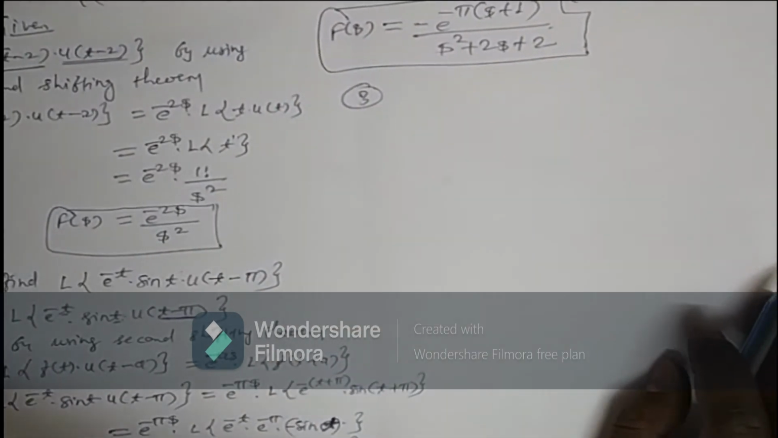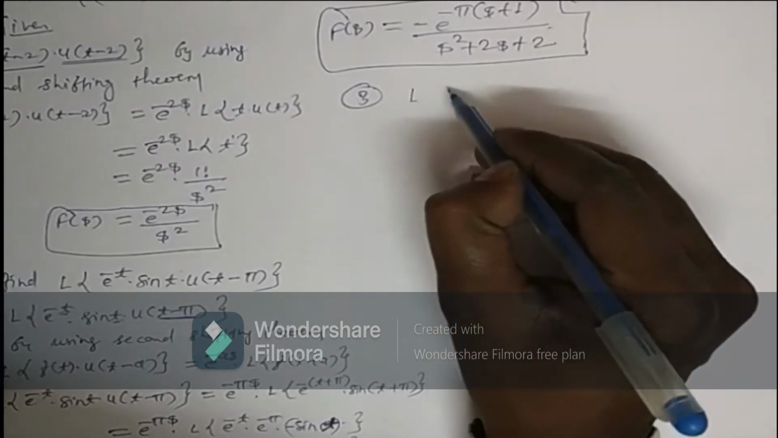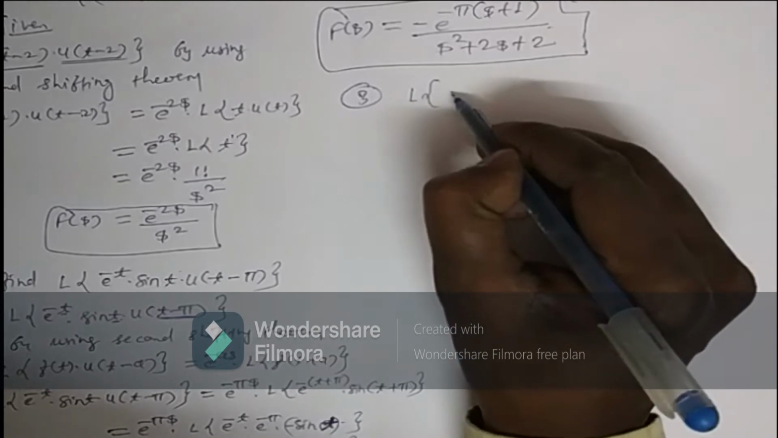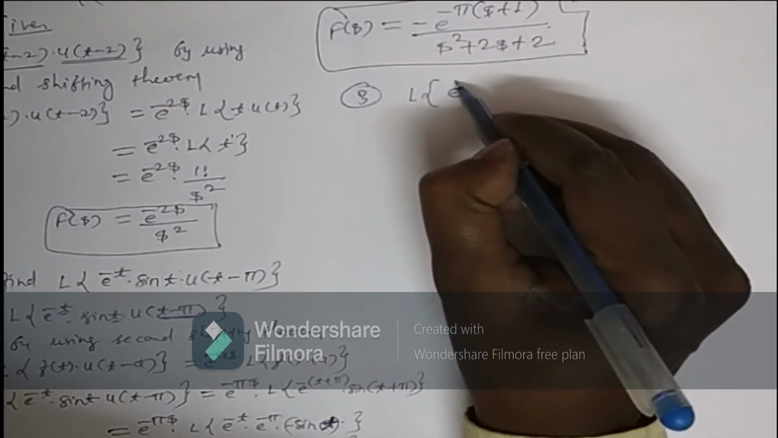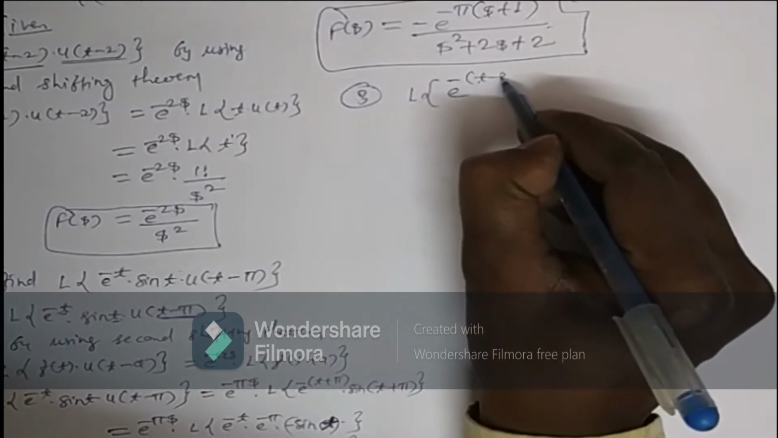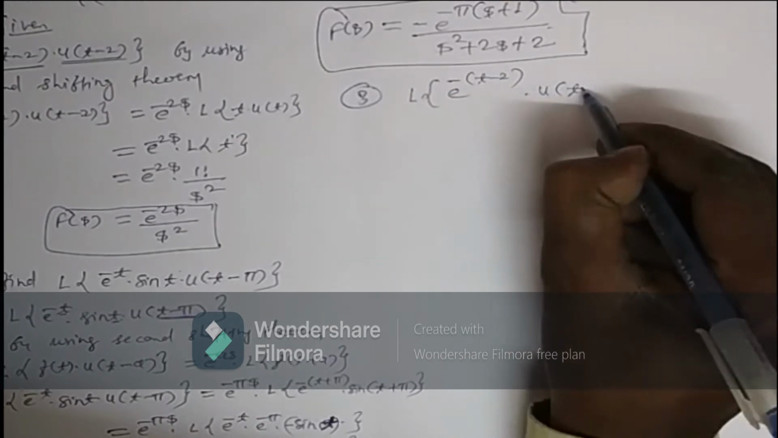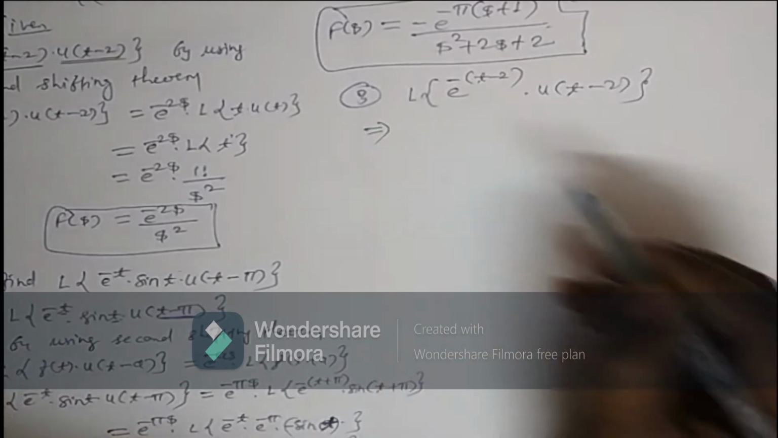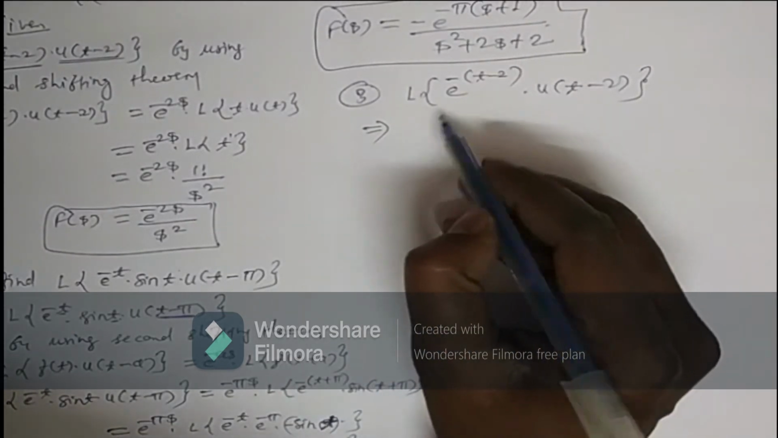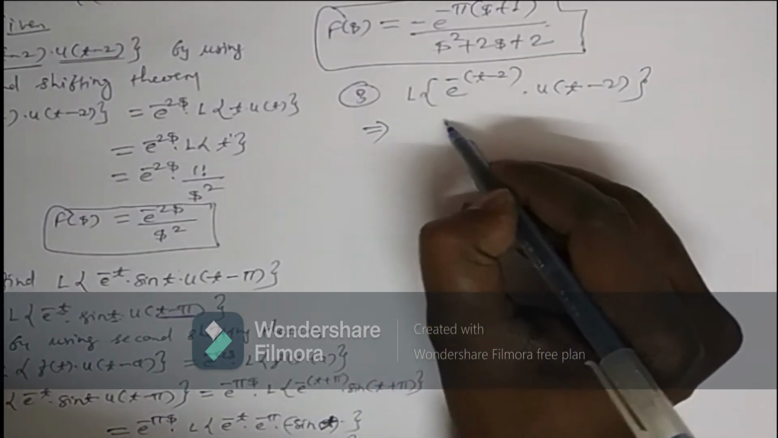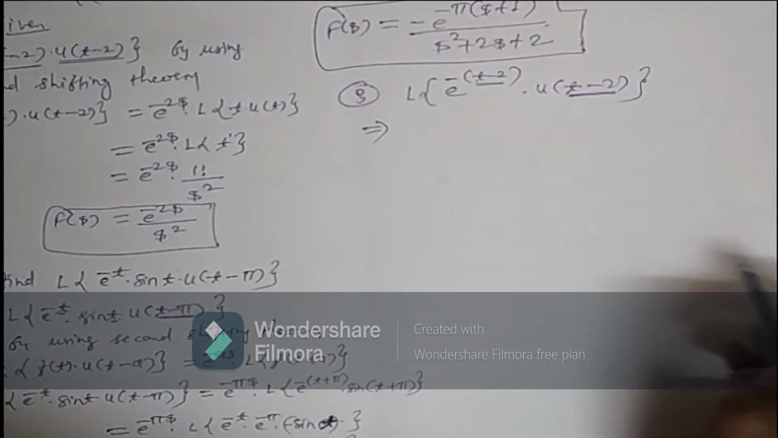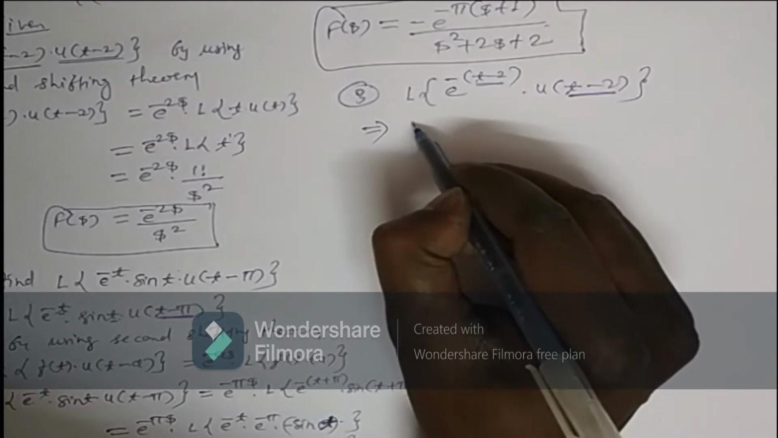Let us consider example number 3. Find Laplace transform of e raised to minus (t minus 2) into u(t minus 2). Okay, so how to simplify this? Look at this. So here is also t minus 2 and here is also t minus 2. So what we have to do here? We can directly use